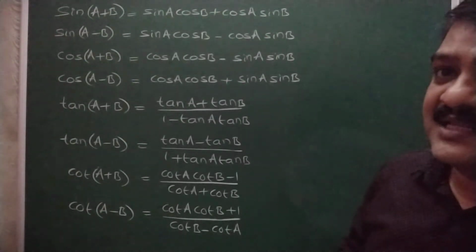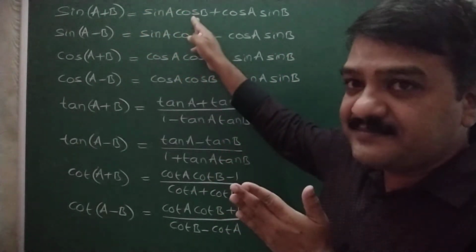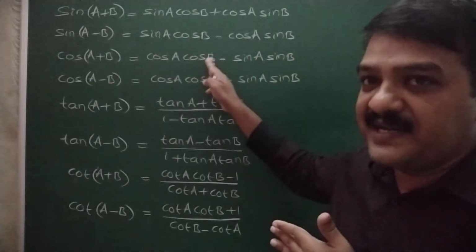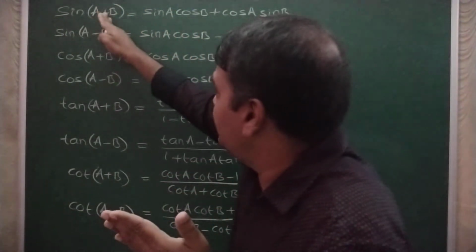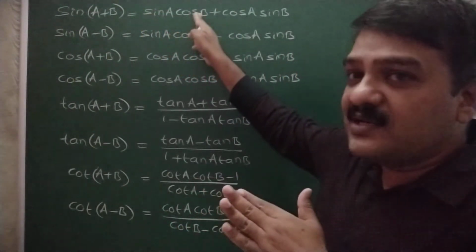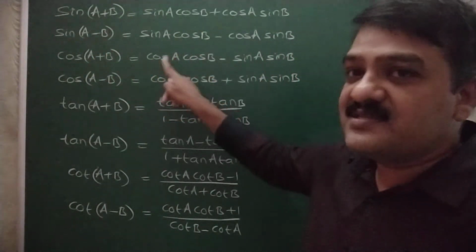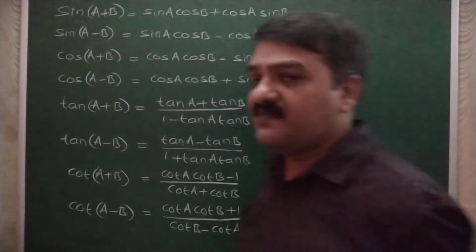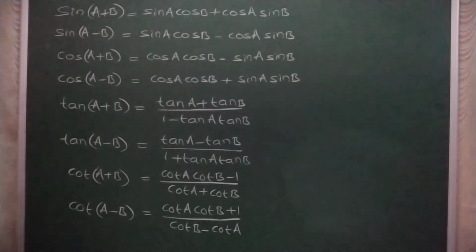So we can remember it like this: sine of A plus B. Sine carries cos along with it, whereas for cos A plus B, the cos function goes independently. With the cos function you will get cos only, whereas in the sine of A plus B formula, with sine you will have cos. So sine and cos go along, whereas in the cos of A plus B formula, you can see cos comes independently and sine comes independently. Just for remembering purposes, you can use these sorts of notations. Okay, so these are the formulas.